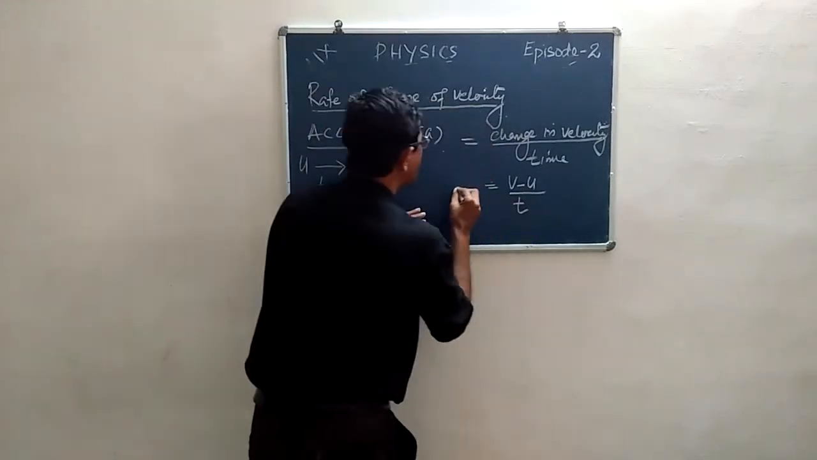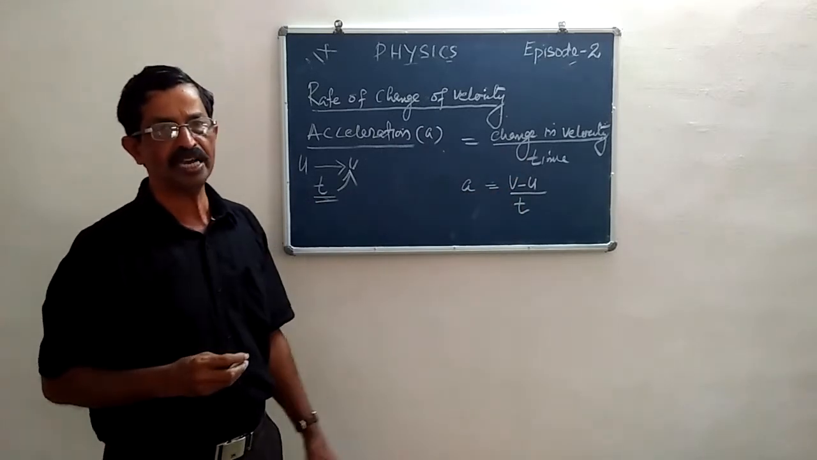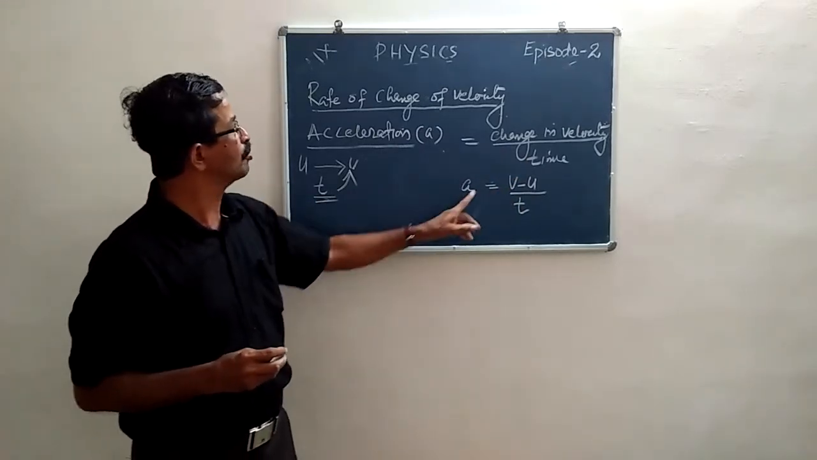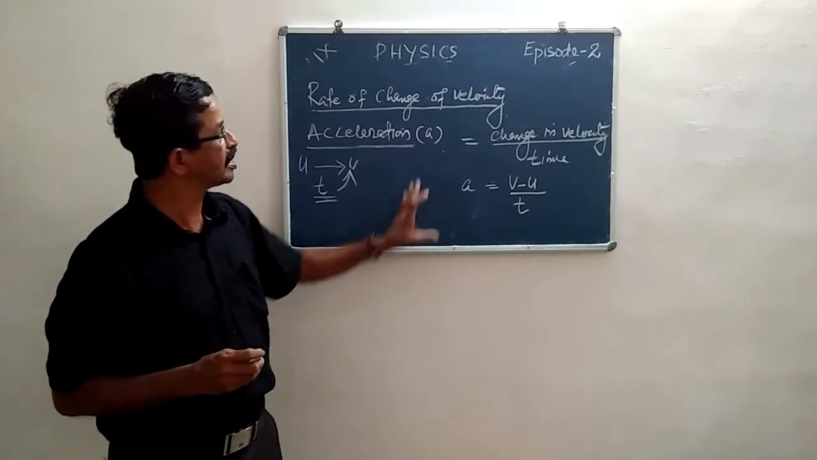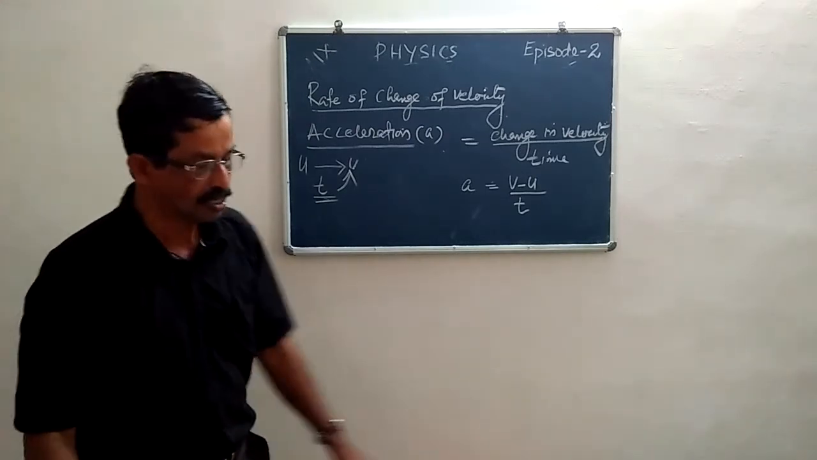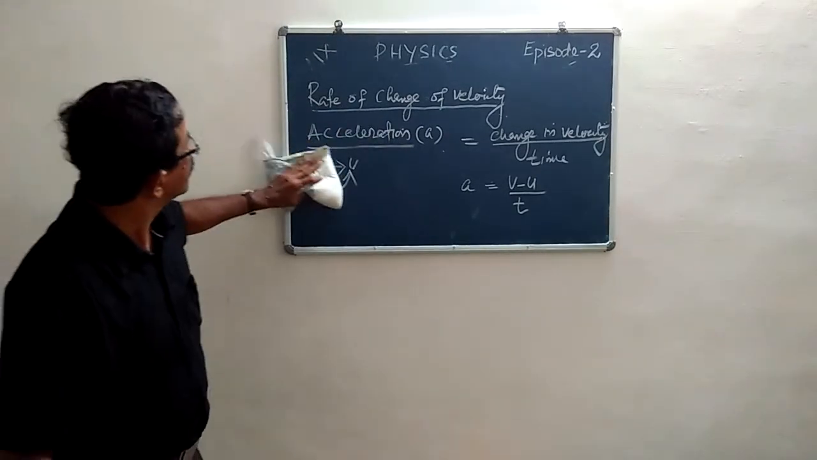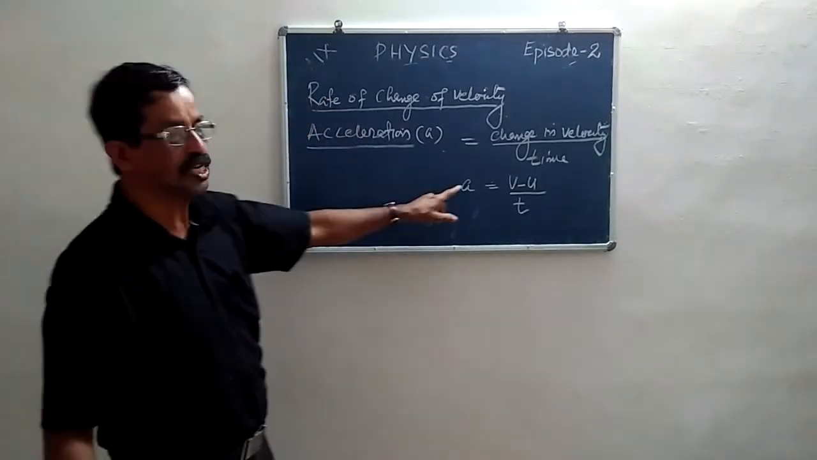So acceleration is equal to change in velocity by time. So a is equal to v minus u by t. Suppose if this acceleration